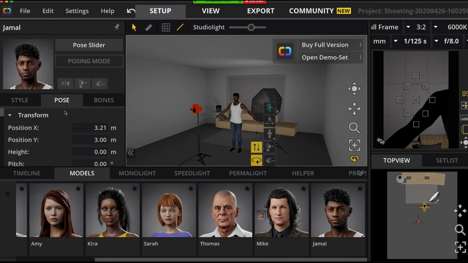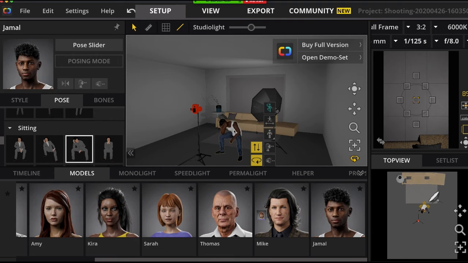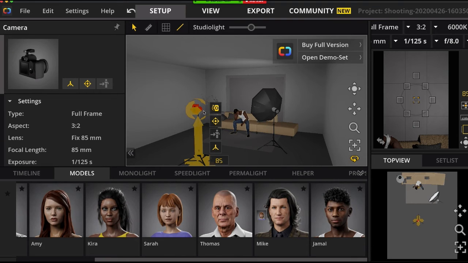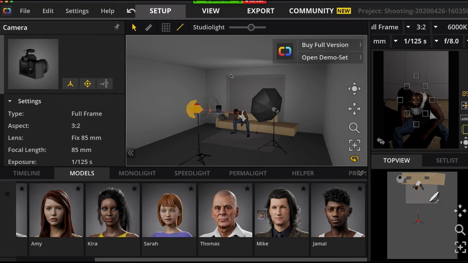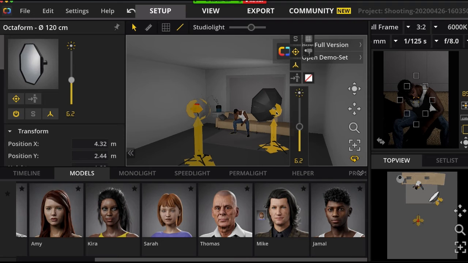The next one is the pose. I can say, okay, bring that guy in here. Now if you really look at it, my camera angle changed. So I'm going to bring that camera and the light.